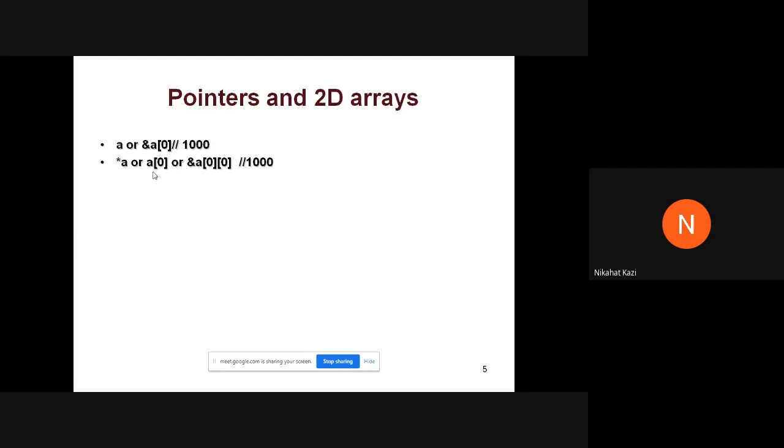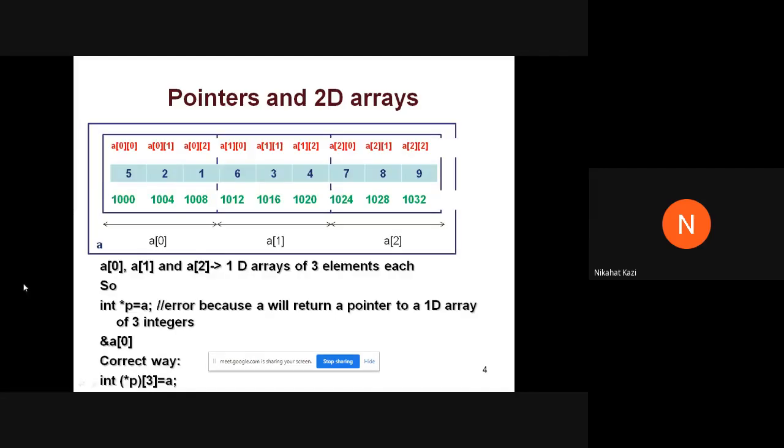And what is the address of the first location of this array? How will you represent it? Address of A of 0, it is nothing but an integer, address of an integer. Going back to this diagram, this is my entire array A of 0. I have written this array name as it is. Array name written as it is means address of the first element of that array. That means address of A of 0.